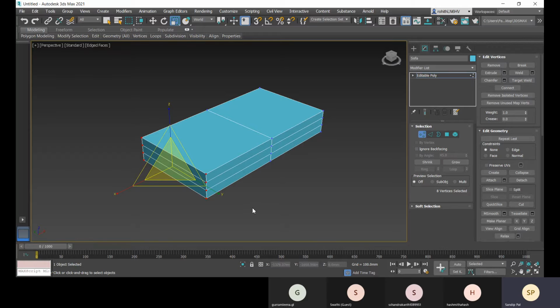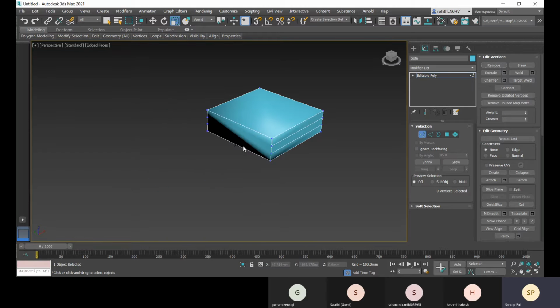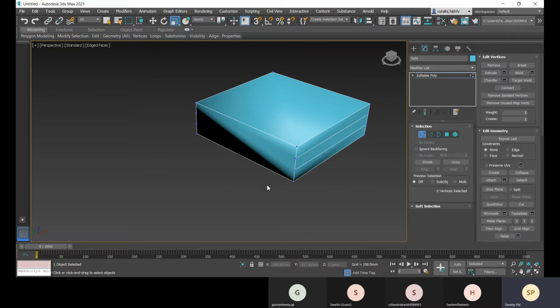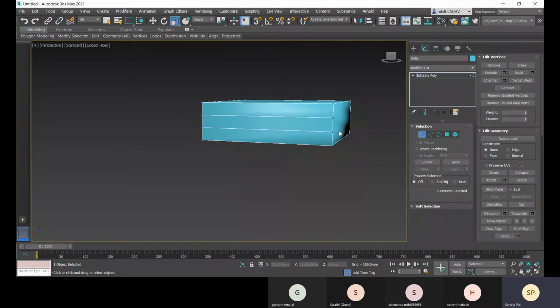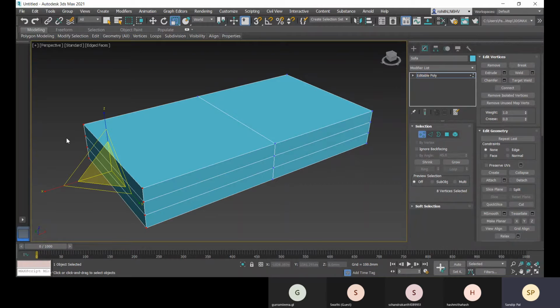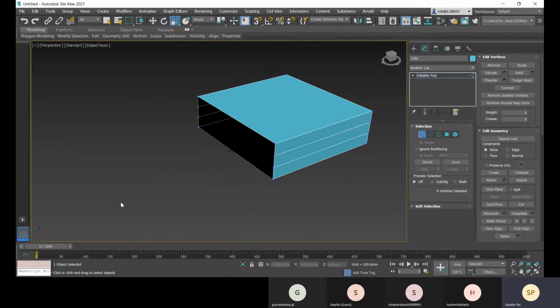Okay, and now what I'll do, I will click on this remove option, and if I click on this remove, you see that the other parts are closed with a surface, right? Now let me Control Z, and if I just select this and click on this delete, this part will be deleted, and the edges which were connecting those vertices are deleted, and the surfaces which were connecting the edges are deleted.